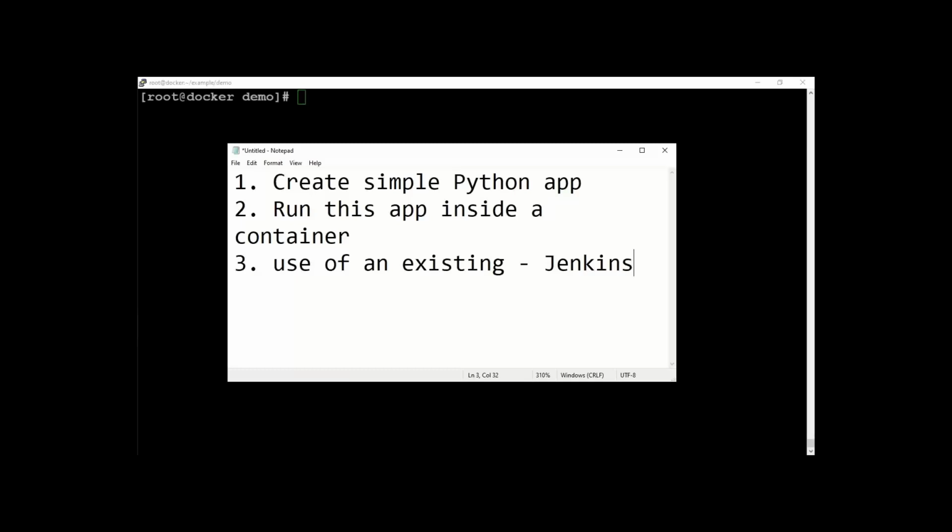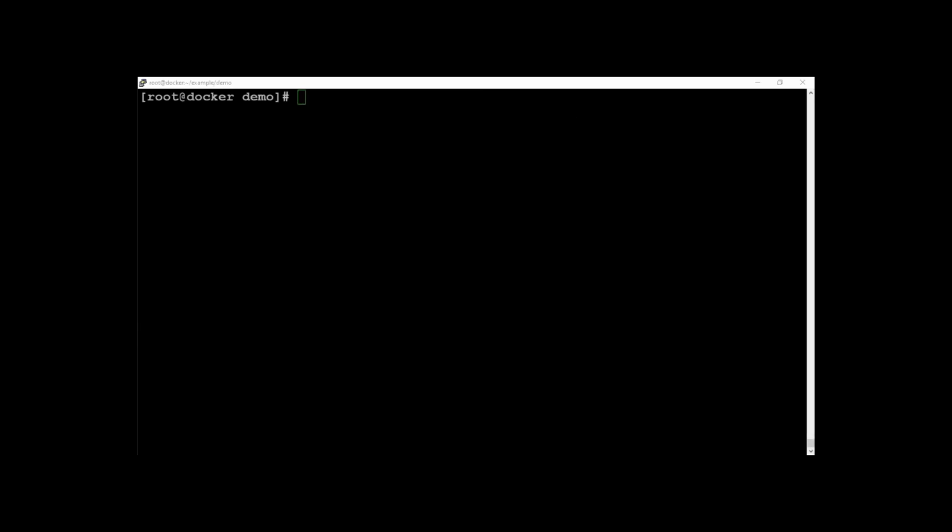Let's get started. Let me create a simple Python program or application which just says maybe hello world and welcome to the training, right? And it uses your Flask framework. Let me quickly create